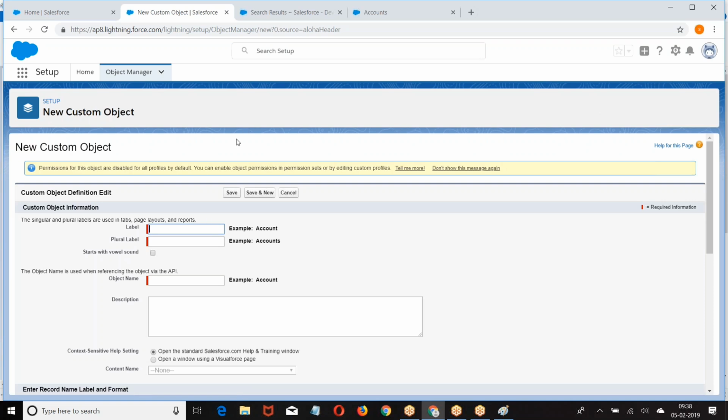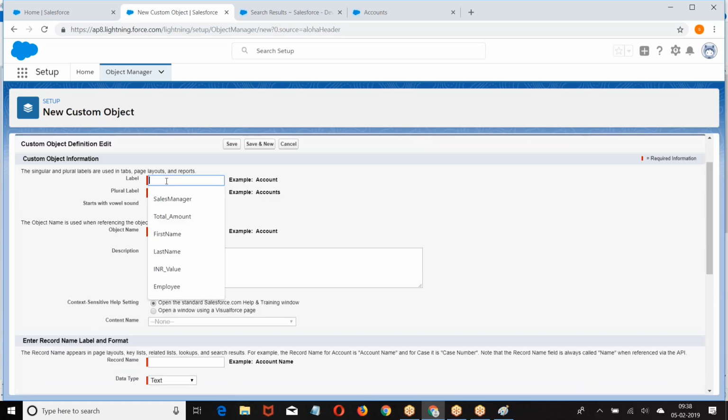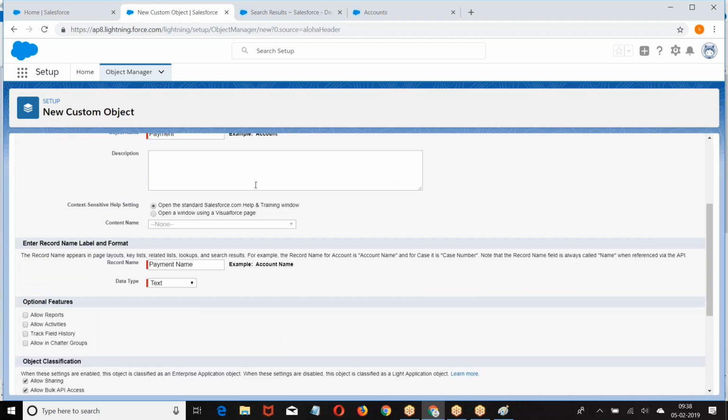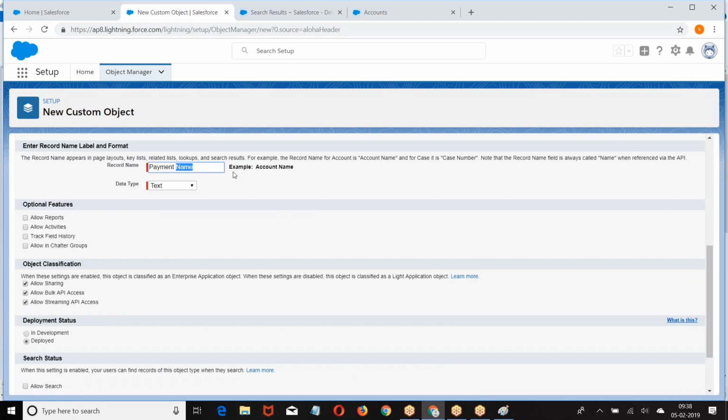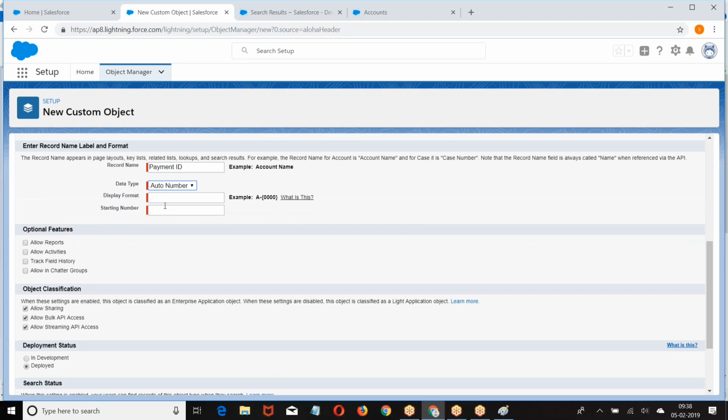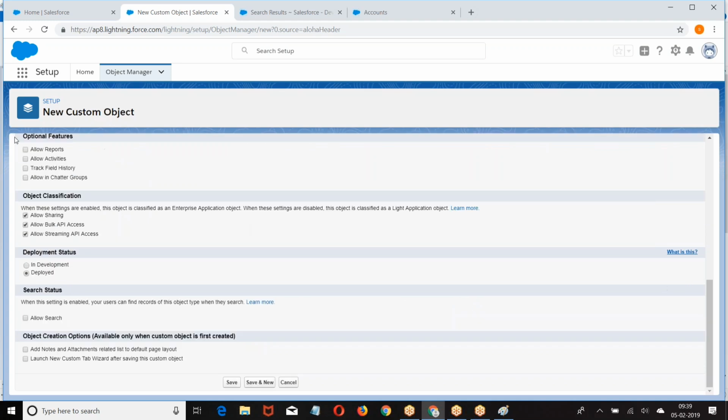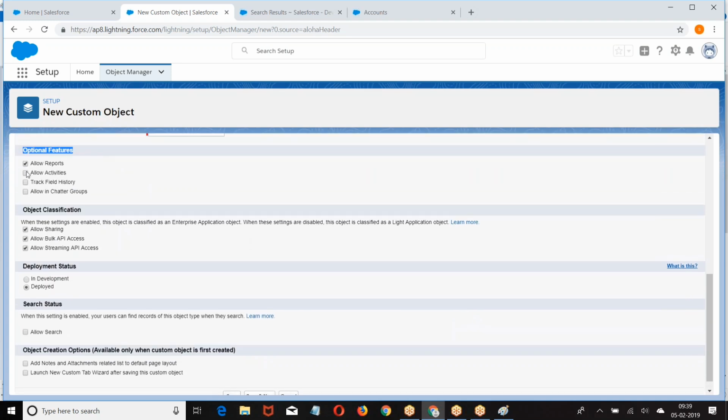Here we are creating Payments, then context sensitive help, Payment ID. So the procedure is the same. Optional features,